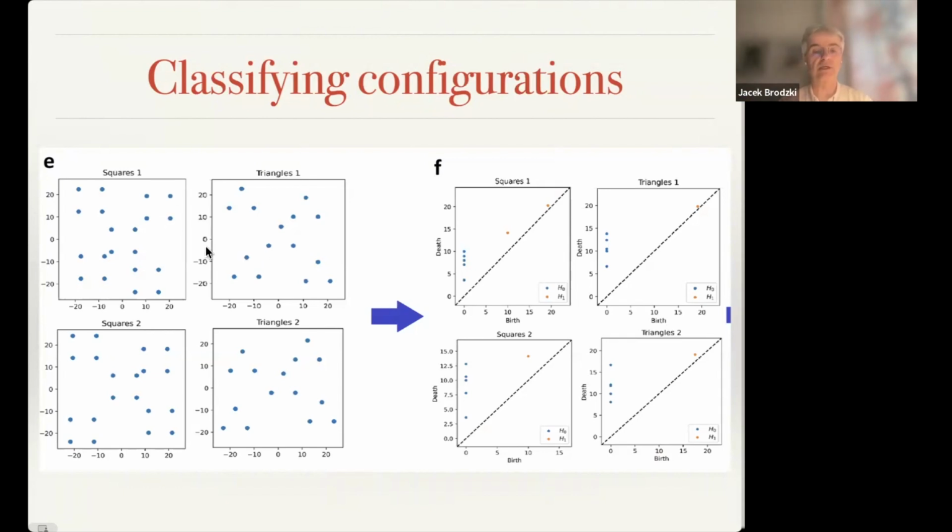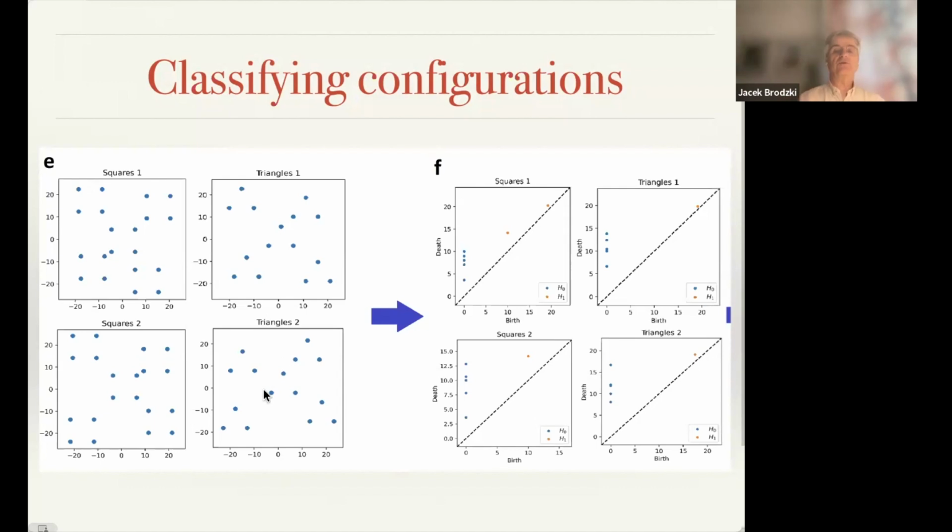So imagine that you build yourself a structure which consists of dots, where on the left they are arranged in squares, and those squares are repeated in some way. As you can see, we are not particularly careful to align them precisely. We just distribute them within the frame. And we make two configurations out of squares. Then we have another configuration, but this time we arrange our dots into triangles. These are meant to be equilateral triangles arranged in some form. Again, we are not particularly careful about where we put those triangles, but we make two such configurations